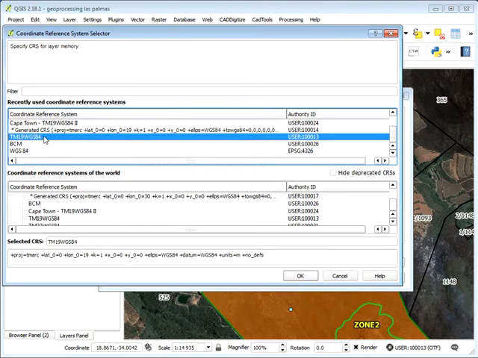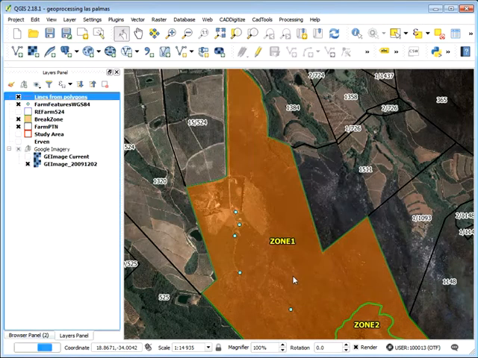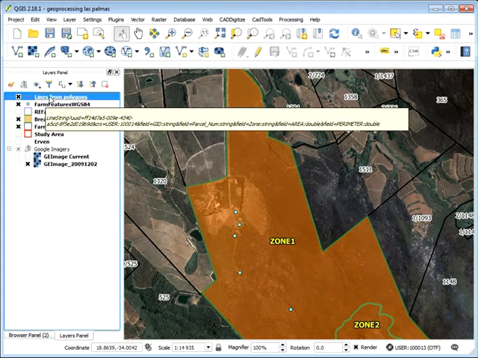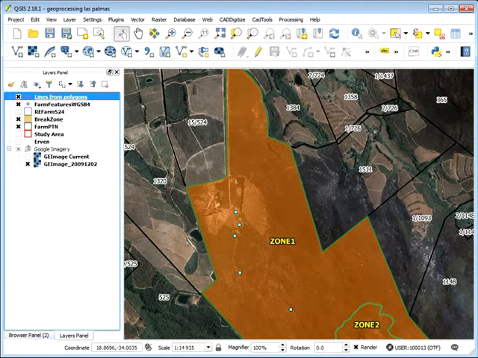But most of you should have this if you haven't changed anything about your QGIS installation since the December tutorial. So we're going to select TM19WGS84 and then click OK,